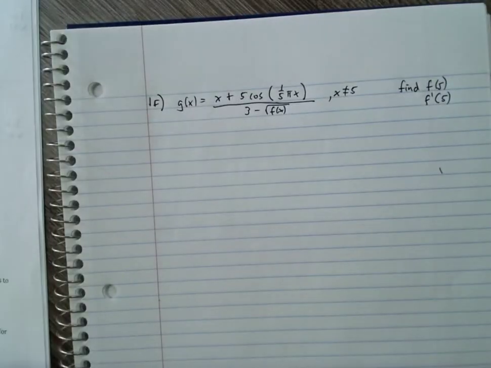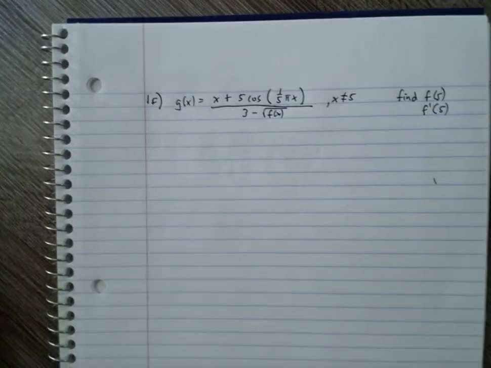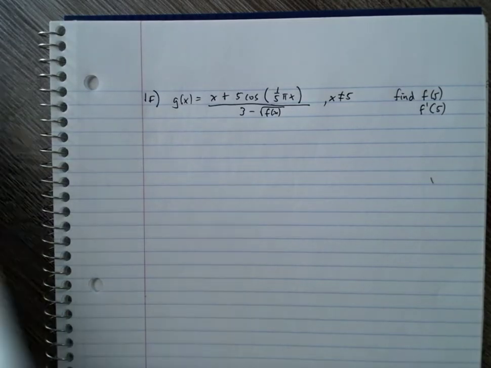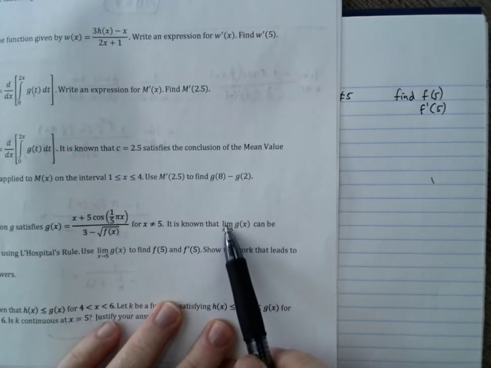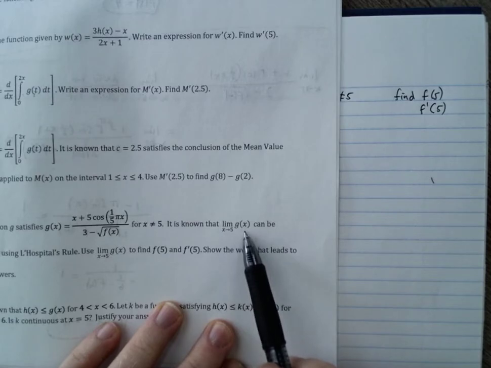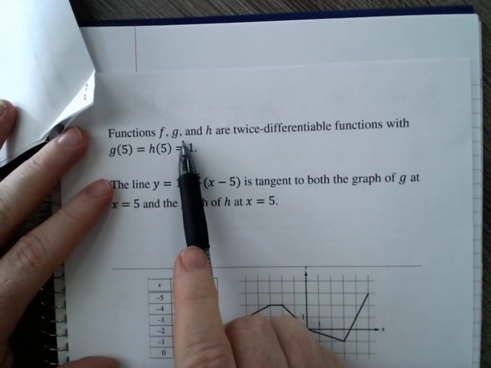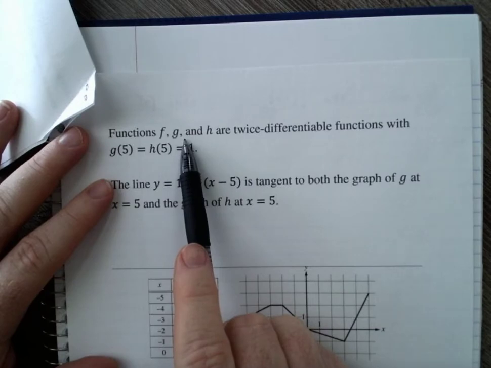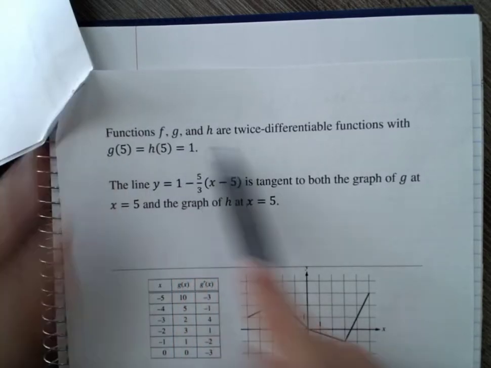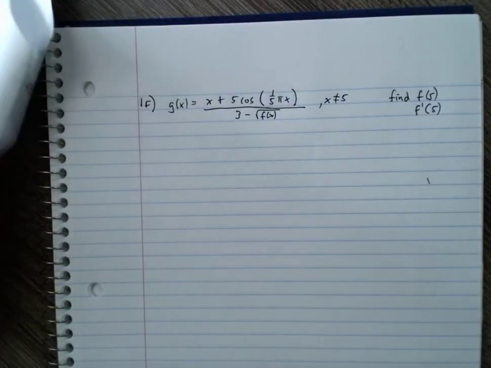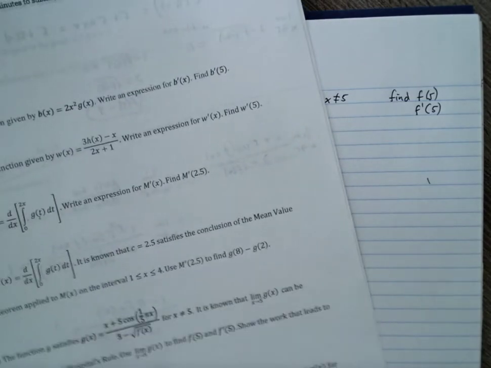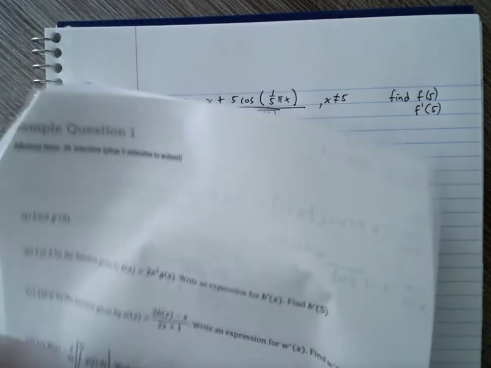All right, so I wrote this function out up here on my paper, but I do want to point out that they said right here the limit as x approaches 5 of g of x. We know that from our stem, if I flip back on my pages here. I want to talk about g. Excuse me, g. They're all the same, but